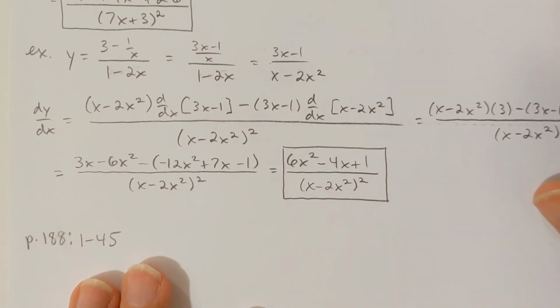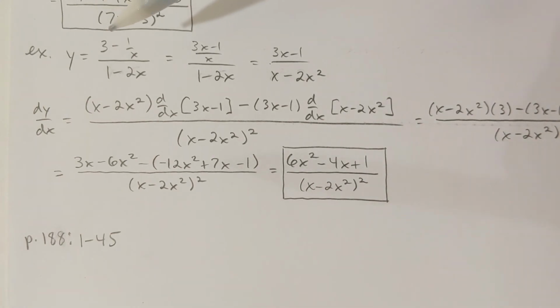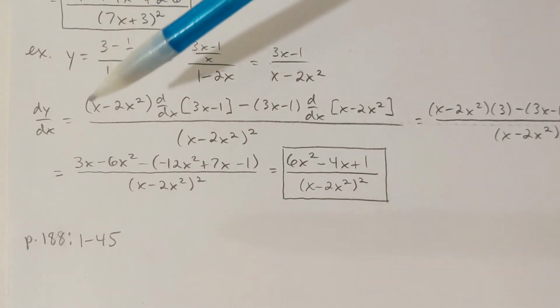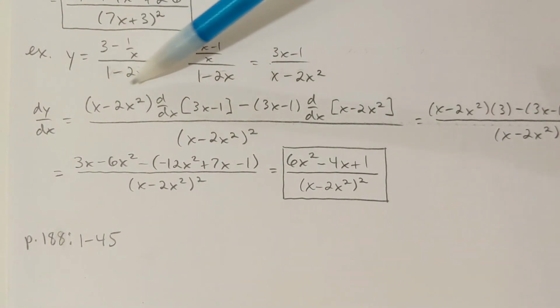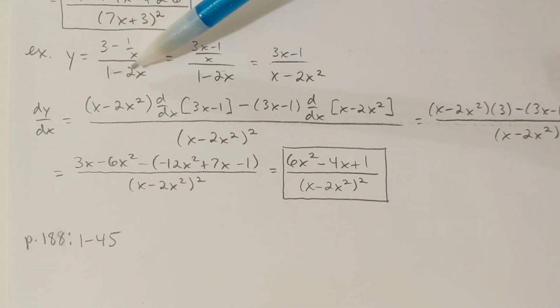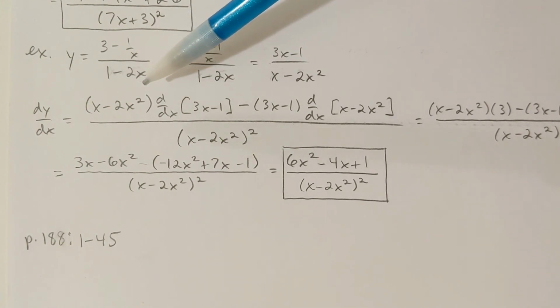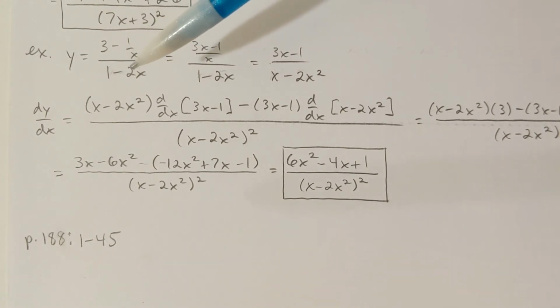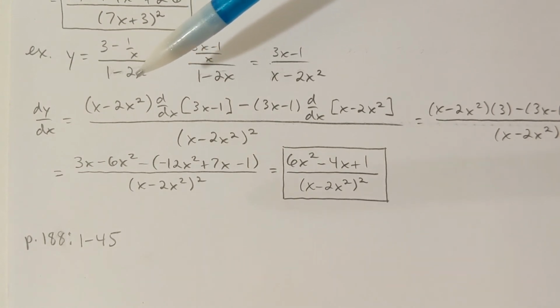Let's take a look at another example. Okay, so how about y equals 3 minus 1 over x, all over 1 minus 2x. Now this would be a quotient rule situation. But if I were to use the quotient rule right away in this form, I would have a quotient rule within a quotient rule, since I would have to differentiate 1 over x, which I could actually probably rewrite as x to the negative 1 and treat as a power rule. Okay, but to avoid a